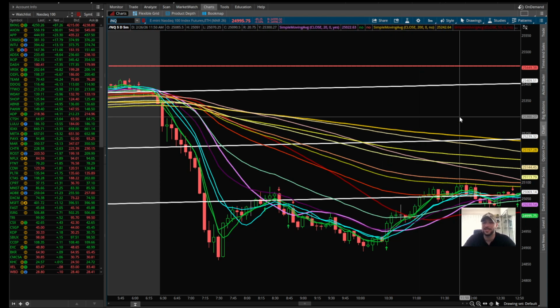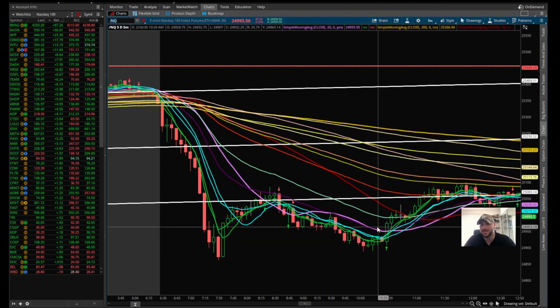Again, the momentum really didn't scream back up to the upside. It kind of just crawled sideways. But I want to show you guys here, look at what happens after the double bottom once we reclaim that 20 simple moving average right here at 10:30 Pacific time. So that's 11, 12, 1, 1:30 Eastern, right? So 1:30 Eastern, we get back above that 20 simple moving average, and you're waiting for the following candle to